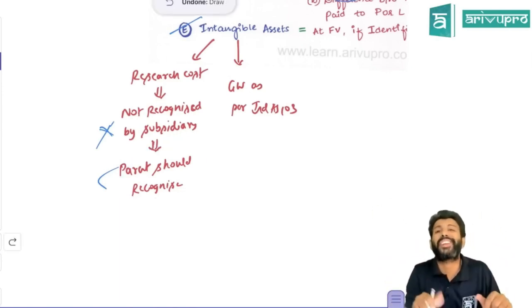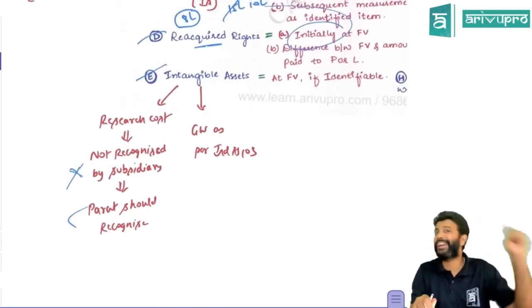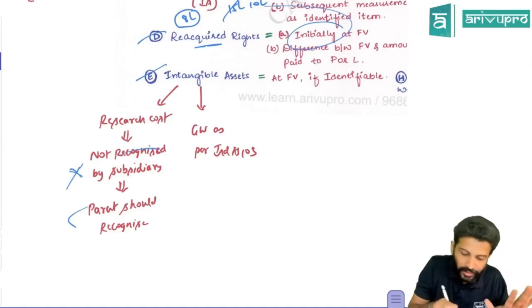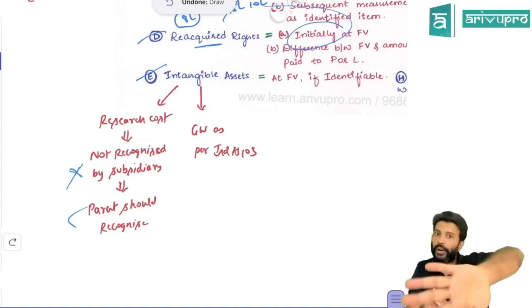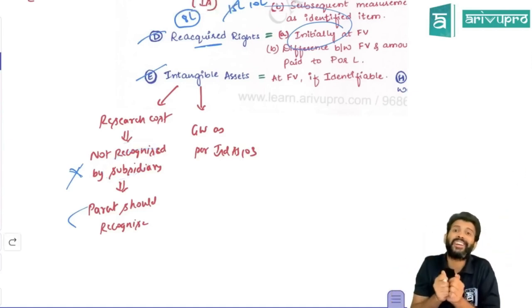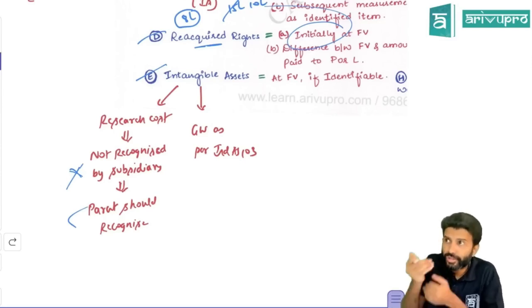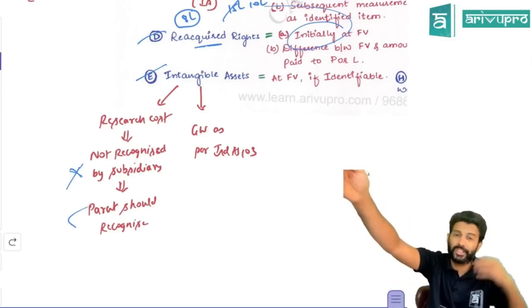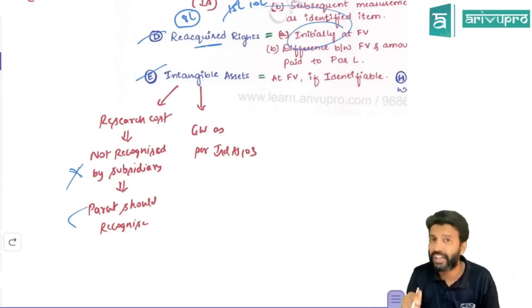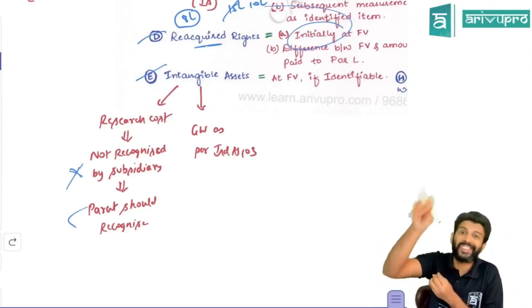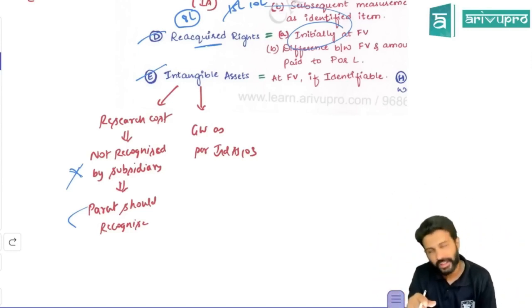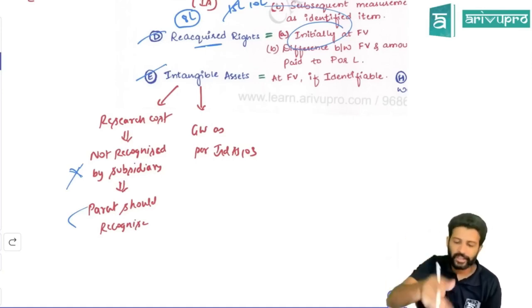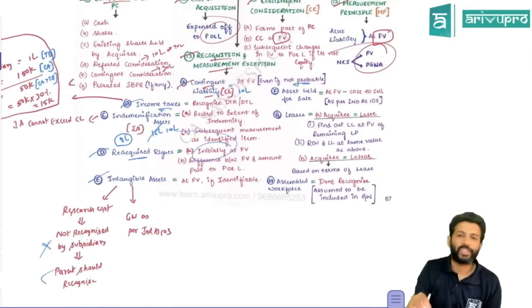Hence, this is also another recognition exception, because as per IND AS 38, research expenditure you should not recognize. Subsidiary has not recognized. What they've done is right. They have applied IND AS 38 and they have not recognized. But this is not IND AS 38 accounting. This is IND AS 103. Since the parent purchased a subsidiary company and the subsidiary company was doing some research, indirectly the parent has paid the money, or they paid PC towards this research also. So that's the reason even this research expenditure will be shown by the parent and recorded as an asset. Hence the recognition exceptions that we're talking about here.